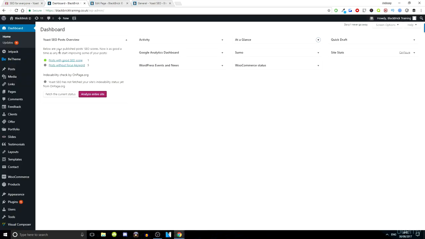And this is the dashboard. Once you've installed it, you'll see it says Yoast SEO posts overview. Posts with good SEO score 1, as I have recently in another video showed you how to optimize a post, as you can see, which is why it says one of them is optimized already. And then we have analyze the entire site, and then just a few other things on here which isn't really